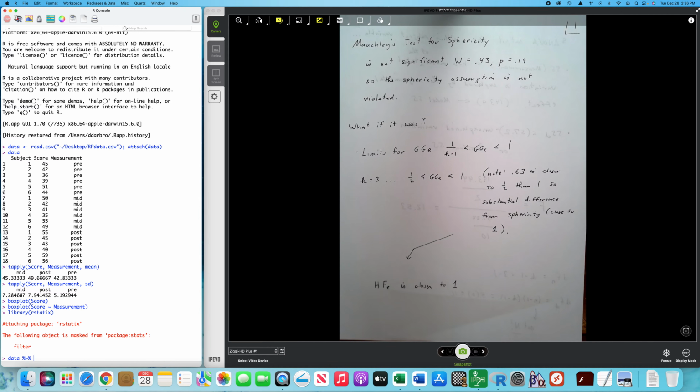I want to group by the measurement. Again, kind of a strange command, something we see when we start manipulating operations on matrices. And then I want to identify